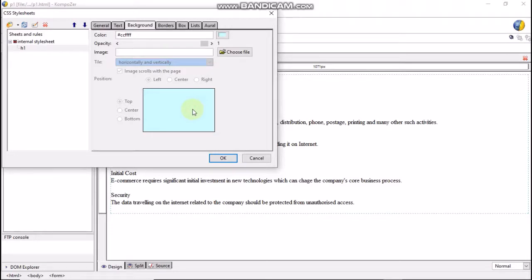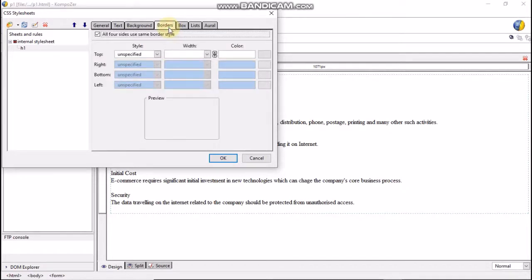Now to set the border, select the Border tab. If you want to apply the same border on all four sides, tick the checkbox in front of the text All four sides use same border style. You will see that only one option, Top, will be enabled and all others are disabled.